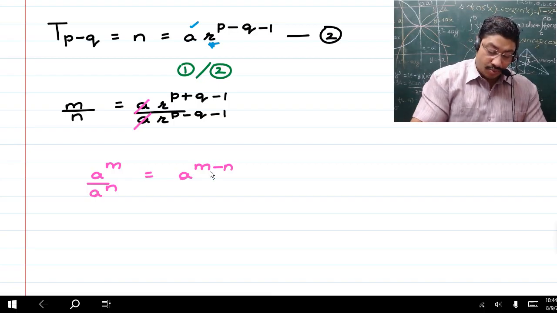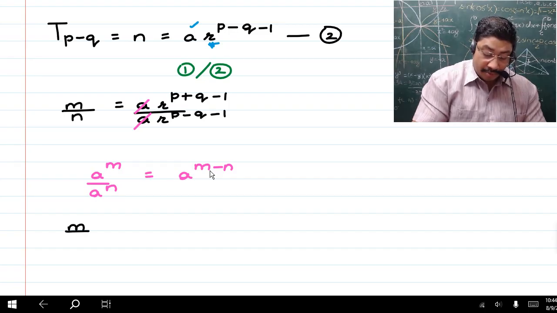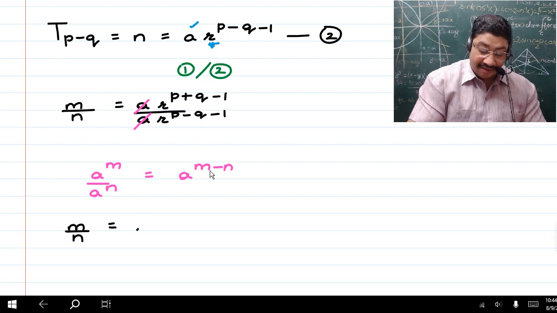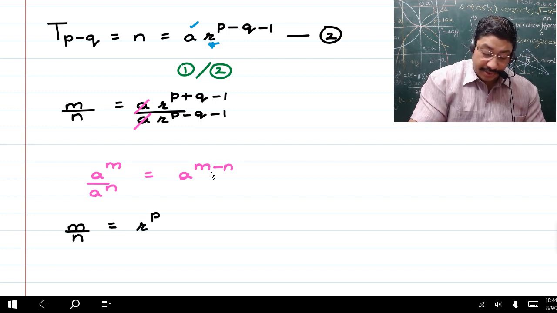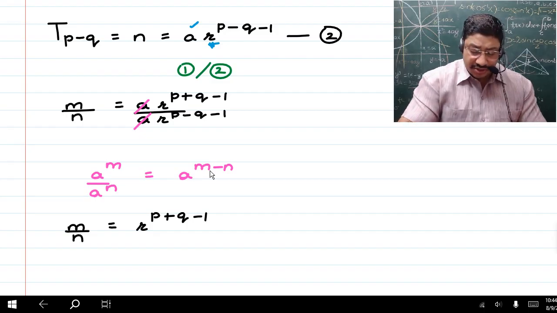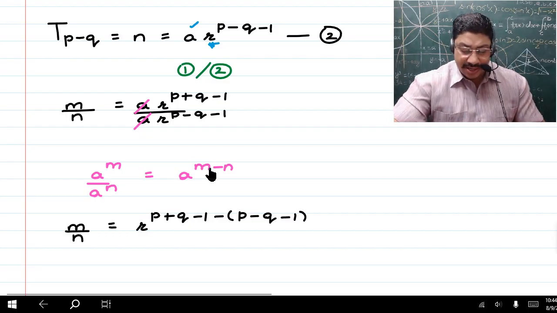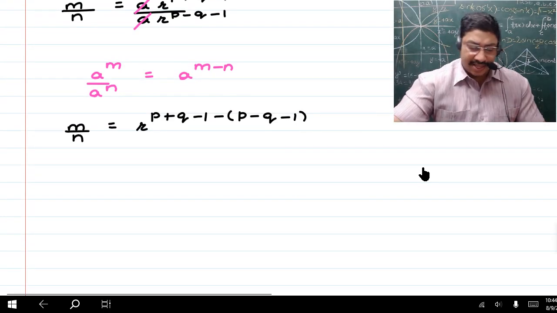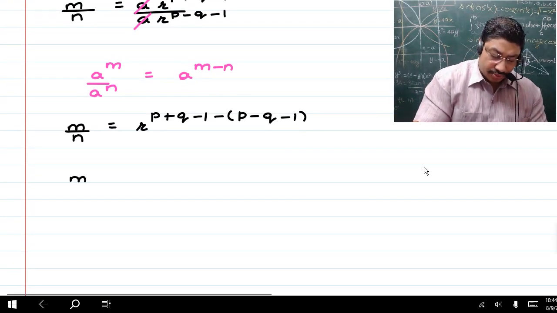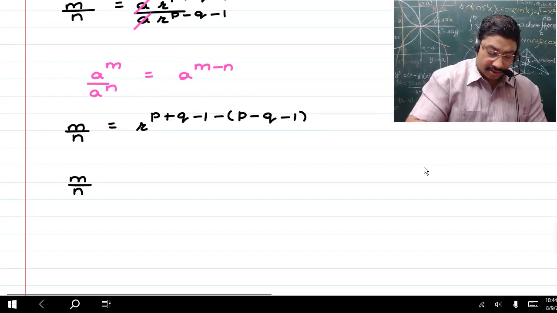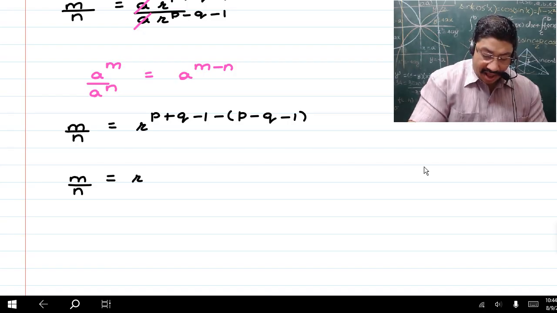Next, we will have m upon n as it is, and then we will have r raised to the power p plus q minus 1, from which you will be subtracting the power of the denominator, that is p minus q minus 1. Right, next children, we will be solving this out. So this is going to become equal to m upon n here, and then we will have r